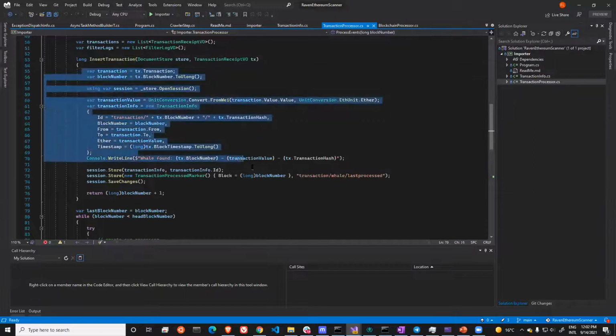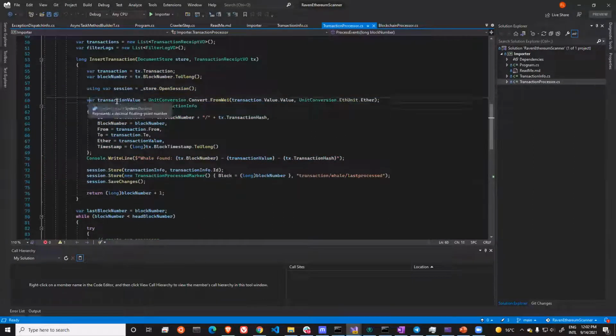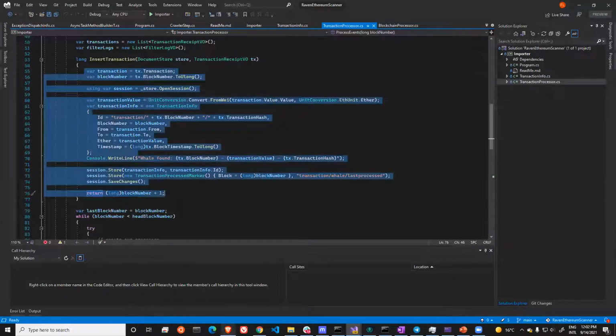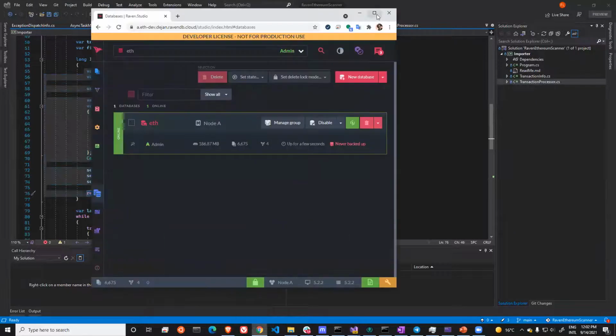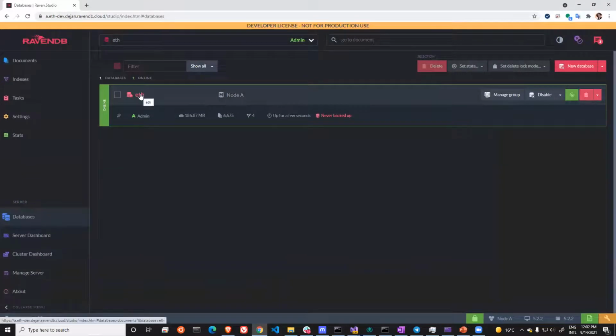And essentially what we are going to be doing is the usual stuff. We are going to create the object and store it in the database, update the marker, and done. So pretty boilerplate work, it is simple. So essentially what we will find is that we will have this